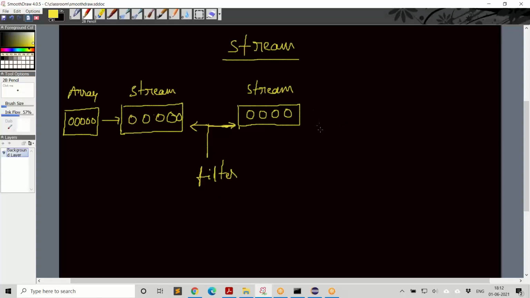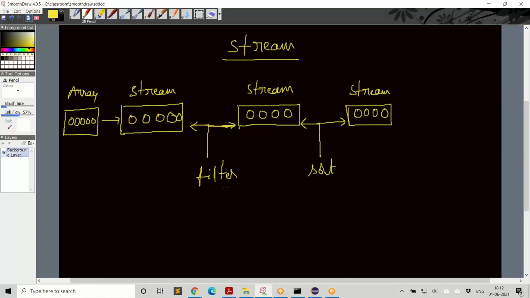And then you may want to apply another operation on that, something like sorting. You may want to sort the stream, and now it gives another stream. So you get one more stream, where the elements are in whatever order you want.